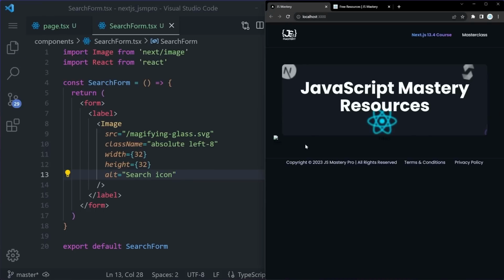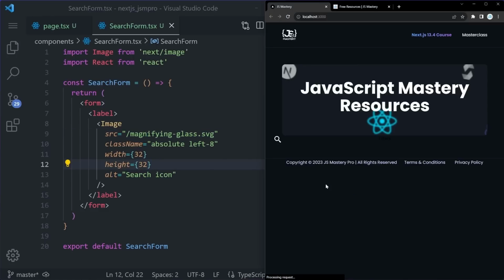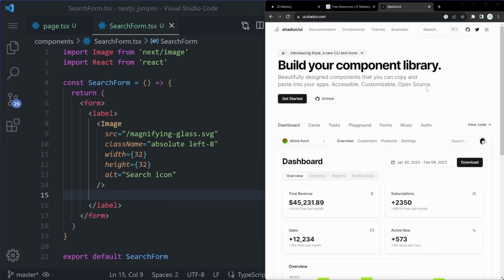If we save it and go back, you cannot see it yet. That's because I missed an N here when saying magnifying. And there we go, we can see it here. Immediately below it, we want to render the input tag, but that input is going to be coming from shadcn. So if you head to